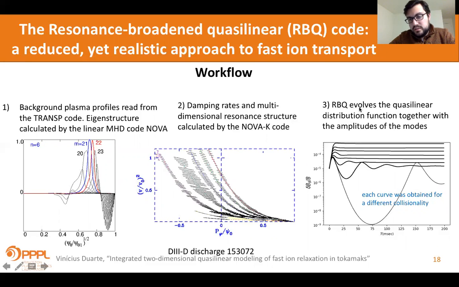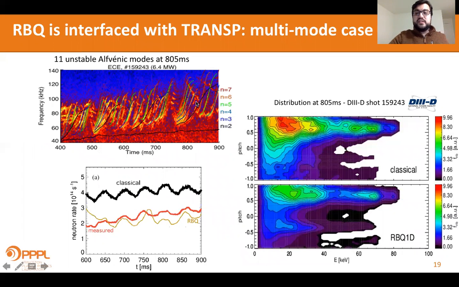And then the resonance broadened quasilinear code evolves self-consistently the distribution and the amplitude of the modes. This plot here is the amplitude versus time for 7 different collisionalities. Not only does it affect the saturation level, but also the oscillations and eventually the intermittency patterns. Those are examples of,